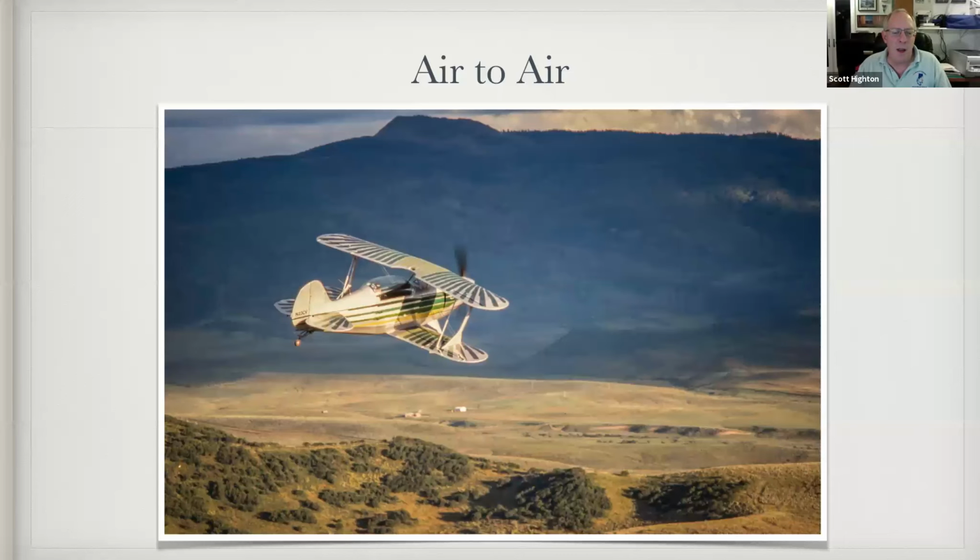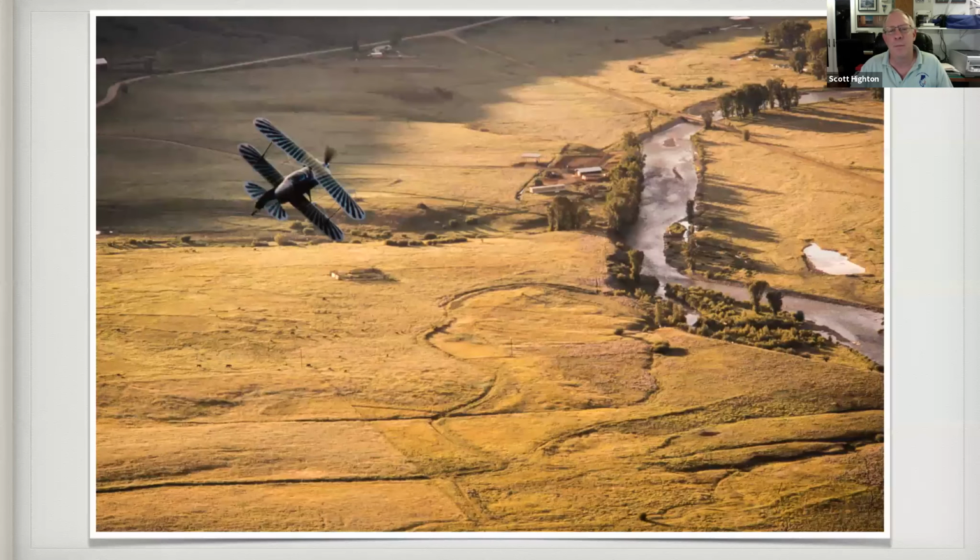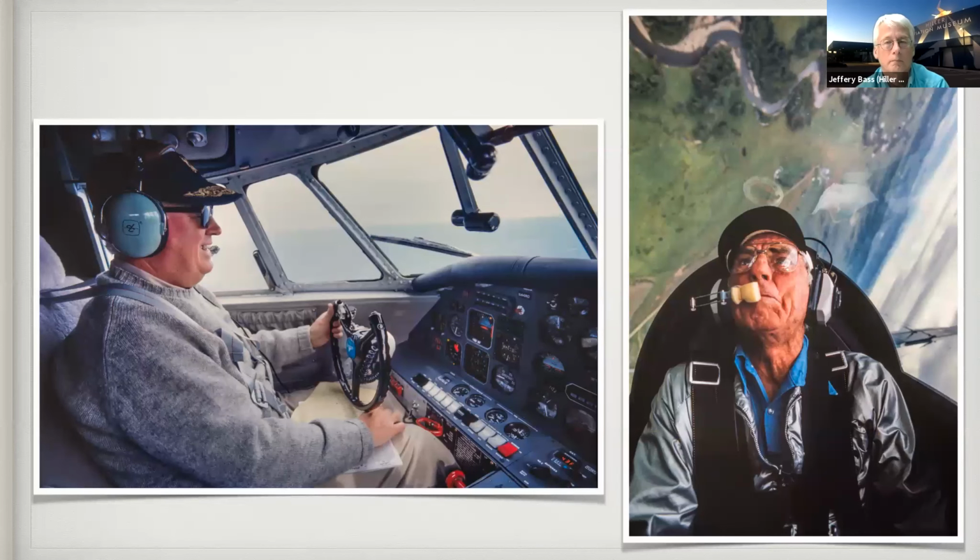Now we get into air-to-air, which again is one of the more fun ways to shoot aviation, but it's definitely a more difficult and technical way. So this is a Christen Eagle shot over Steamboat Springs, Colorado. These were some of my first air-to-air shots, I think I did. And air-to-air can also include